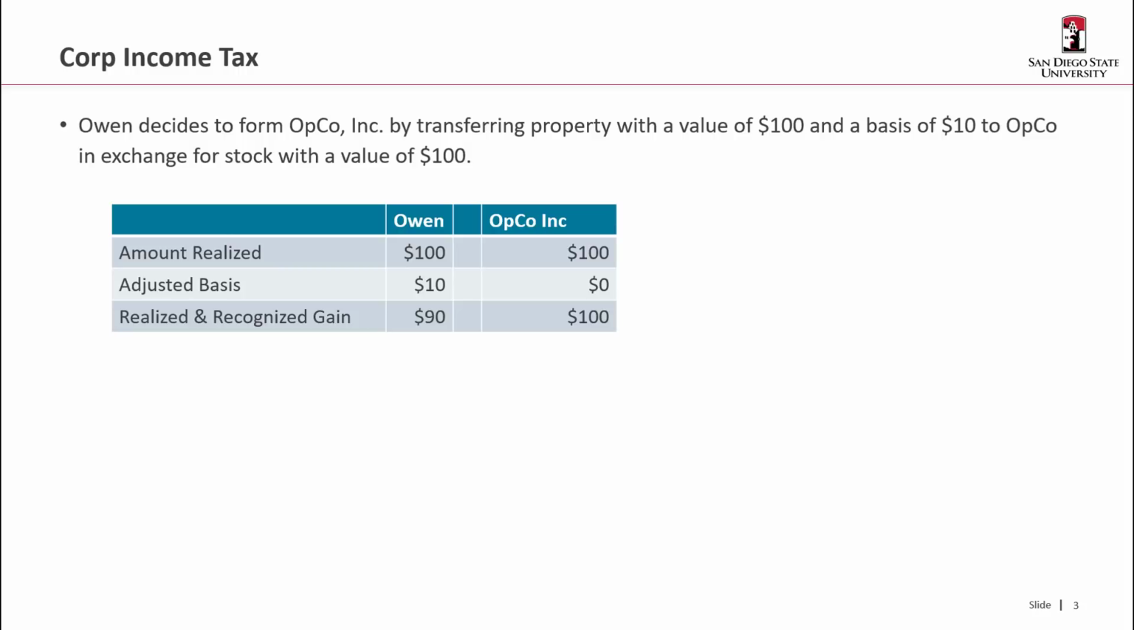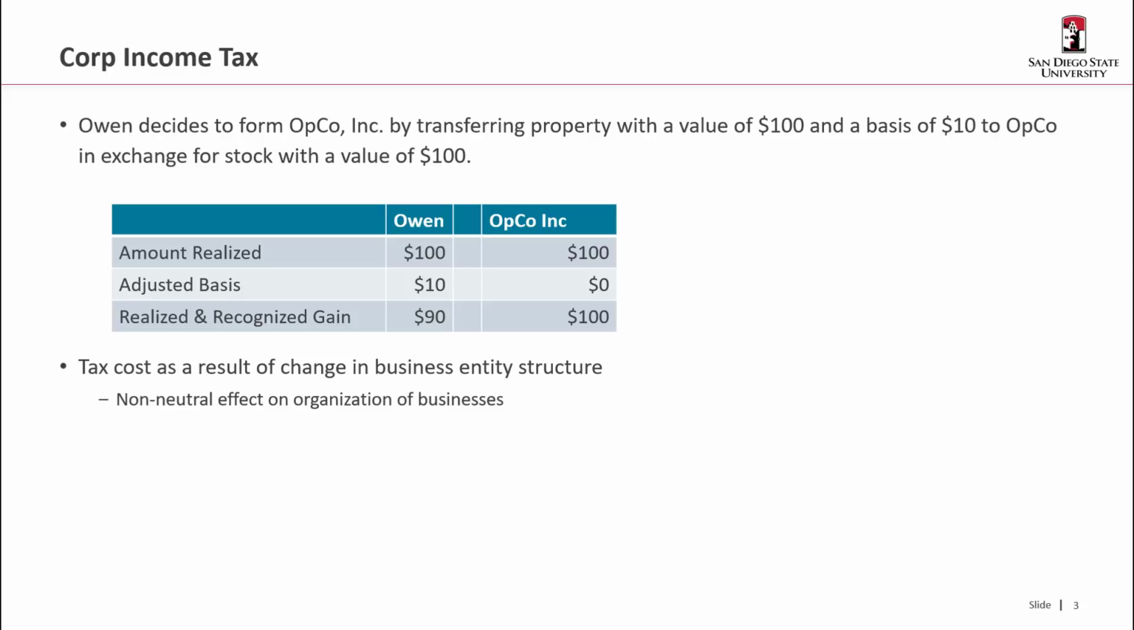OpCo would have $100 realized. It costs nothing. They have no basis in their own stock, and therefore they'd realize and recognize a gain of $100. So there would be a tax cost as a result of simply a change in business entity structure. So what we want is we want to have a neutral effect on the organization of a business, right? So as part of the tax code,